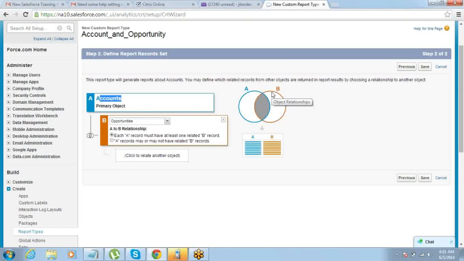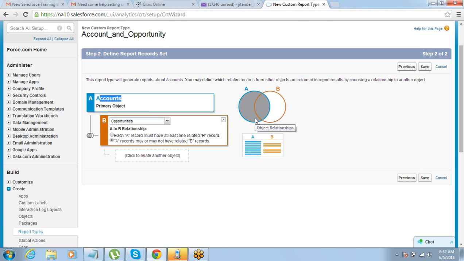Because opportunity is a child of account, right? And there will not be any opportunity without account. Is that correct? So in case you are including this, most of the things will be included. All the accounts will be included and the opportunities under those are being included, right? So there will not be any situation where you have an opportunity without account. Got that point? So that is also something which is not